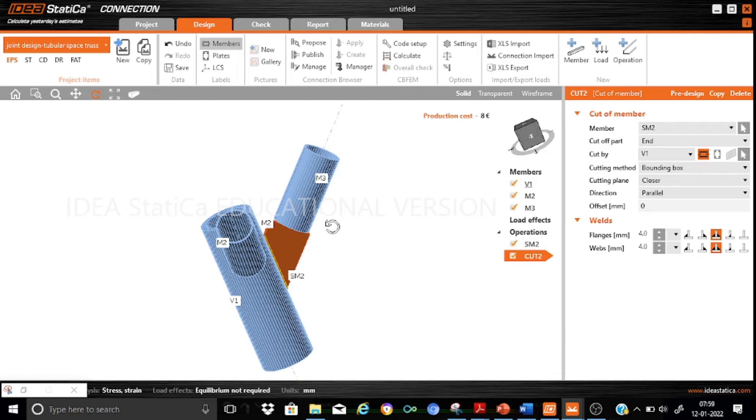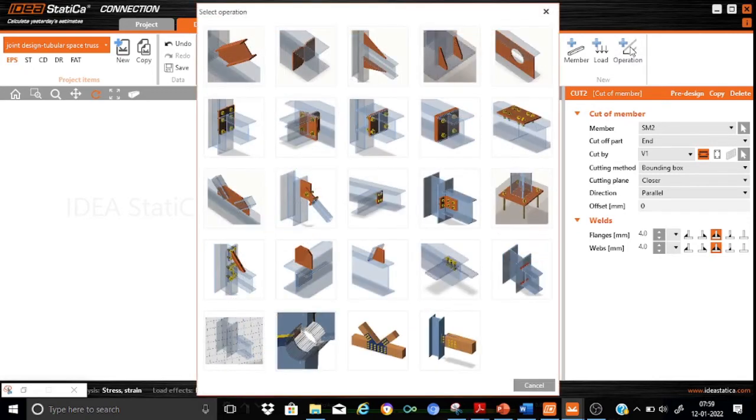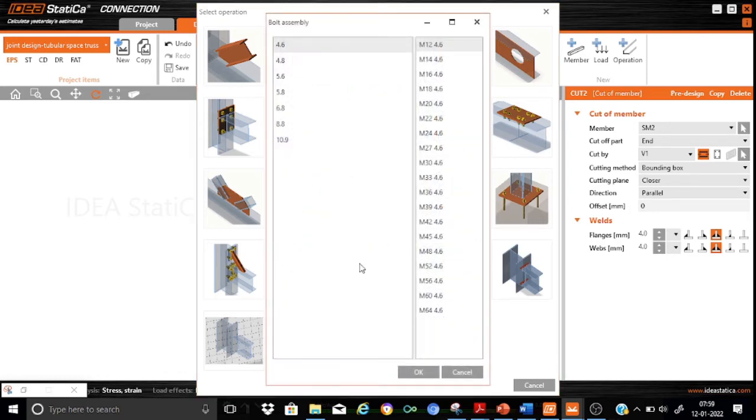Now it is important that we model what we call a connecting plate, as another manufacturing operation. So let us straight away go for another operation, the connecting plate. This is a cut-off plate, so we can have this as a connecting plate. In the connecting plate, obviously we'll choose bolts, because we require the bolts as well. So let us straight away go for M24 8.8 bolts.